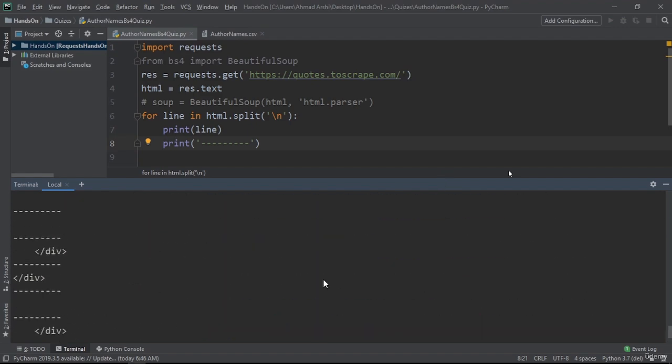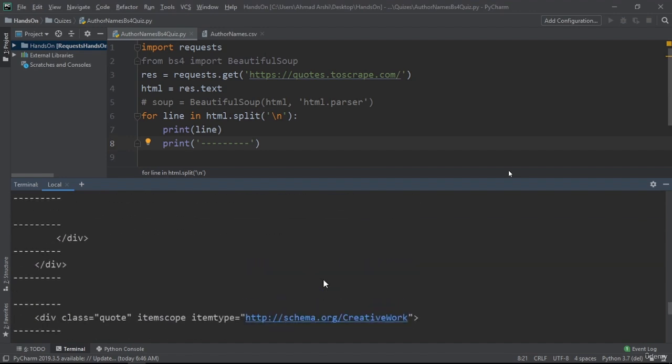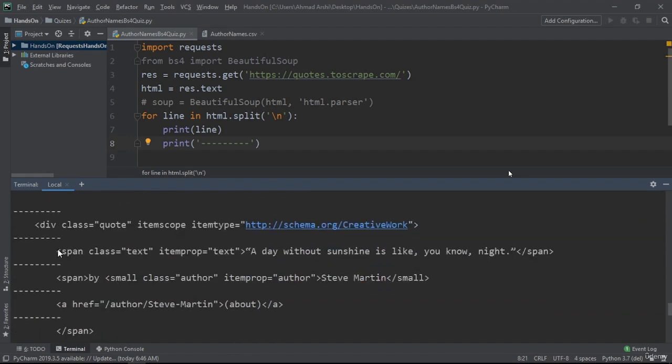so now if we head back to it, okay, notice this was the actual tag that contains our code, right? It was span with the class text. Now here notice something: this is a small tag with the class author, and this is the name of the author. So instead of referring to quotations based upon the span and class text, we will refer to author based upon the small and class author. So here what we have to do is let's eliminate this line,